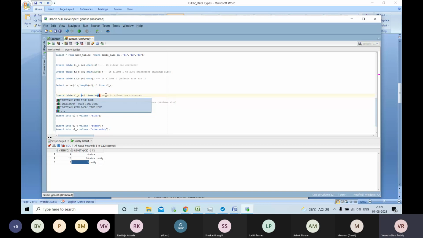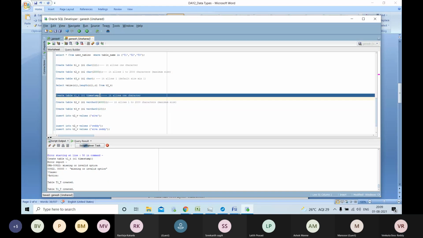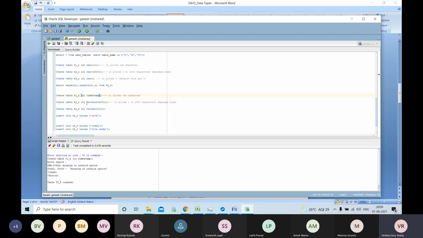So now I created the table called T1_T. We don't have any special size for this. Simply we will use timestamp as the data type. Now the table is created.